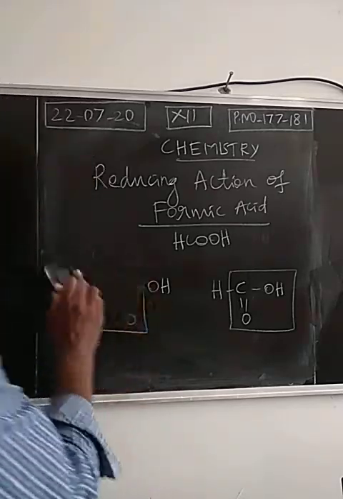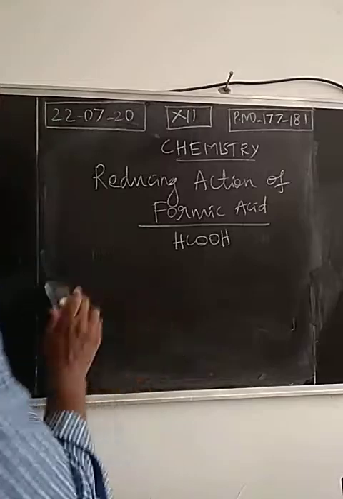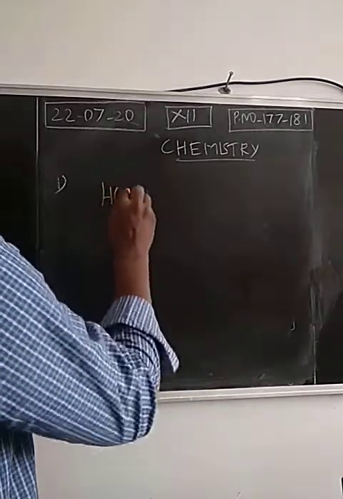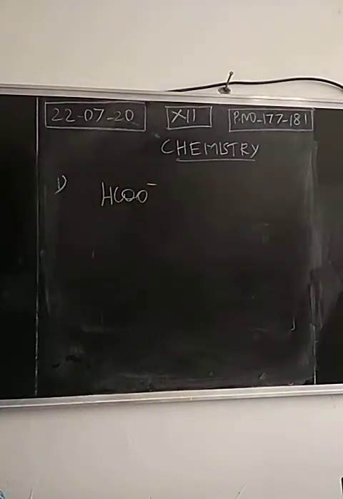So we take two simple compounds, Tollens reagent as well as Fehling's solution. Formic acid will reduce Tollens reagent and Fehling's solution. For each equation, 1.5 marks will be given. So consider formic acid, which is present in the form of formate anion. Tollens reagent is nothing but ammoniacal silver nitrate solution. Ammonium hydroxide is added to silver nitrate.